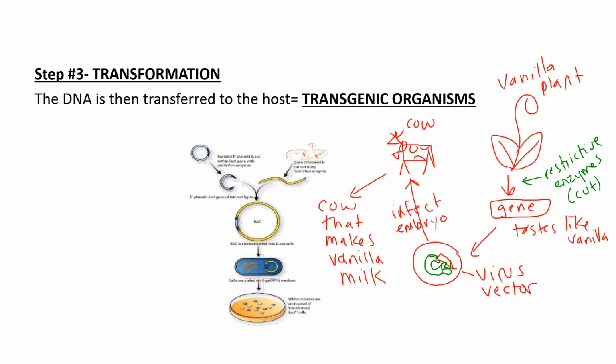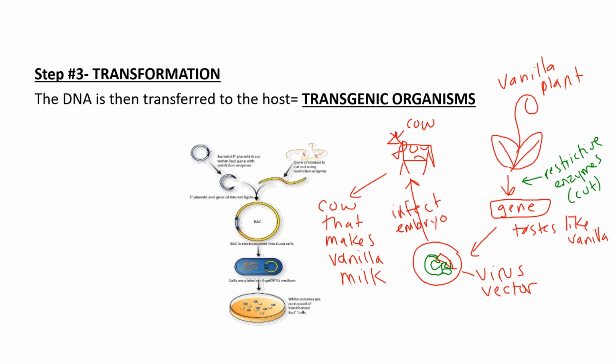And the third and final step is transformation. So the DNA is then transferred to the host, which ends up being our transgenic organism. So we've got a bacterial plasmid with our desired gene getting in, and then it goes into the plasmid, and then that's our bacteria, and then it's plated,